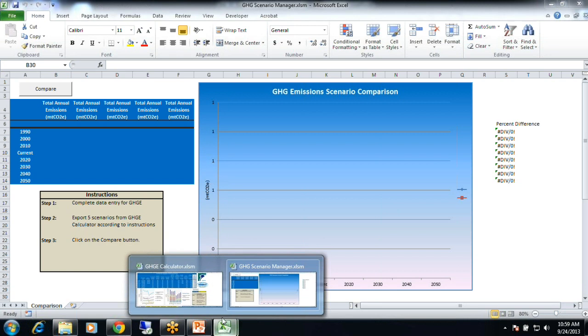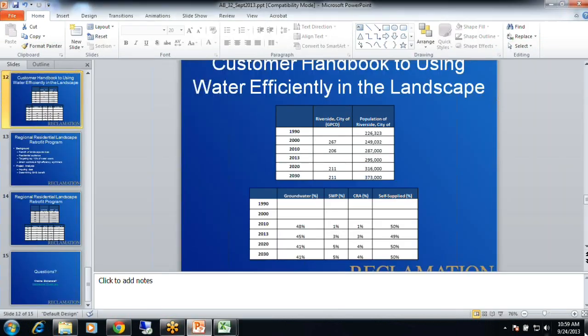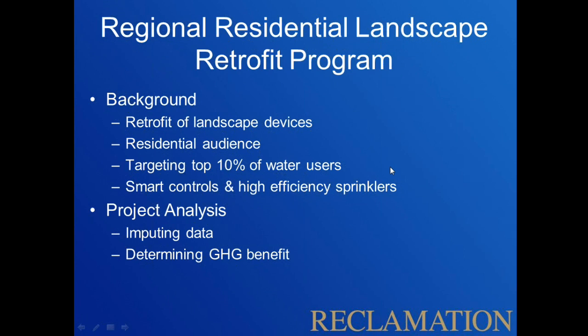Okay. So the final project that I'm going to show you is a residential landscape retrofit program. Retrofit of landscape devices, the target audience is a residential audience, and it's the top 10% water users.